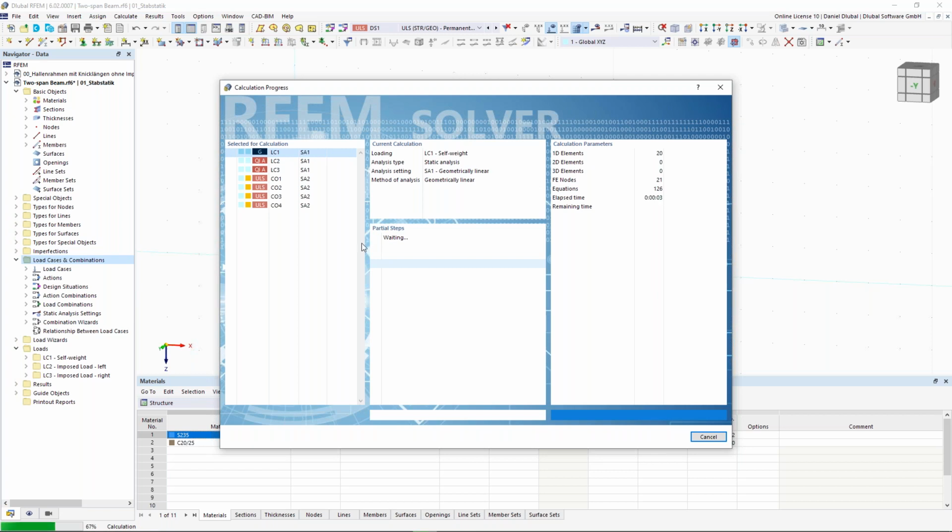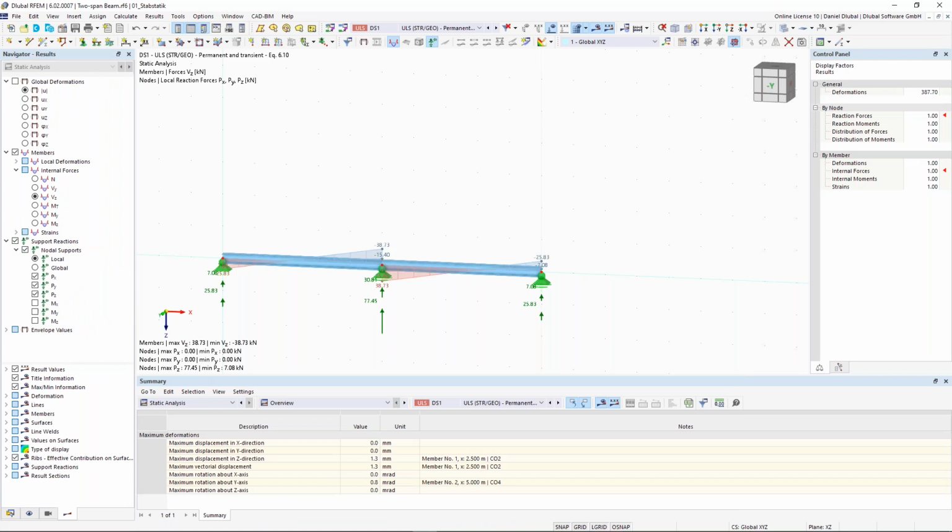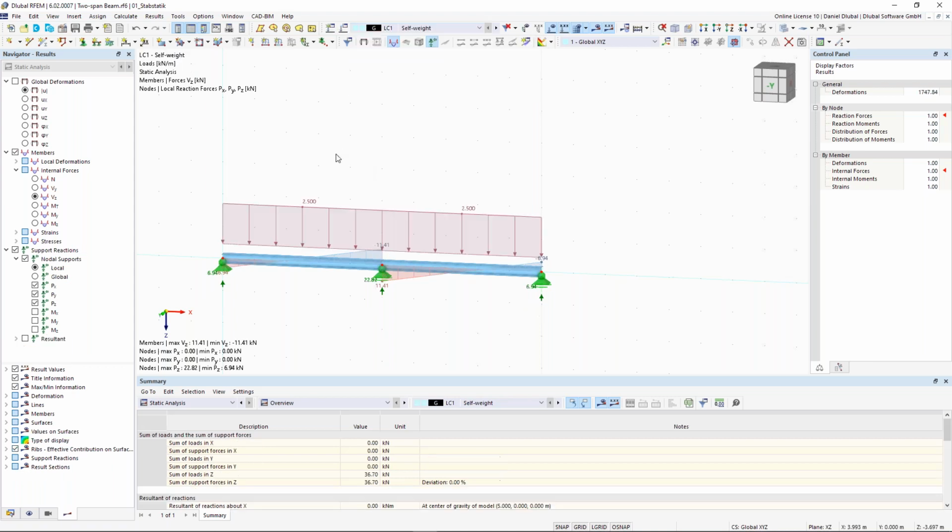And a new thing to RFEM 6 is that, depending on the power of your local CPU, you can calculate several load cases and combinations in parallel. So this makes the whole calculation much faster, depending on the number of cores in your processor. Okay, now let's do a kind of verification or validation